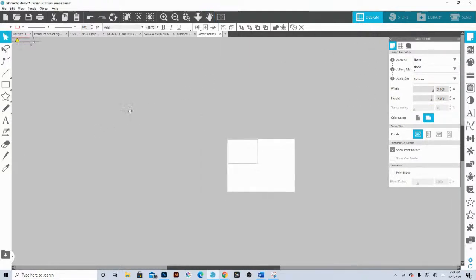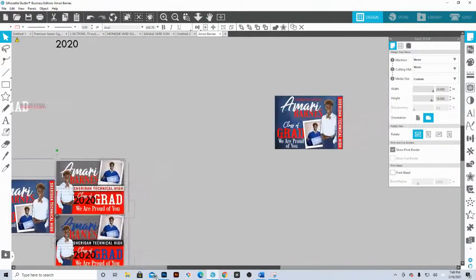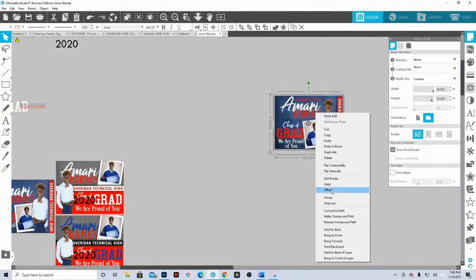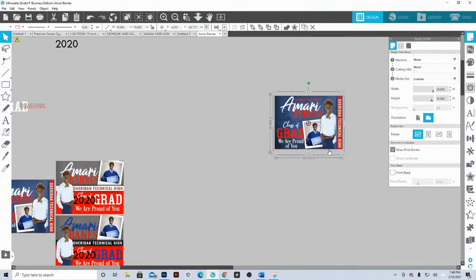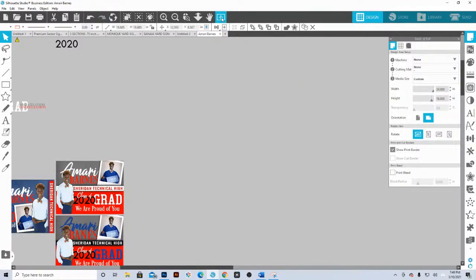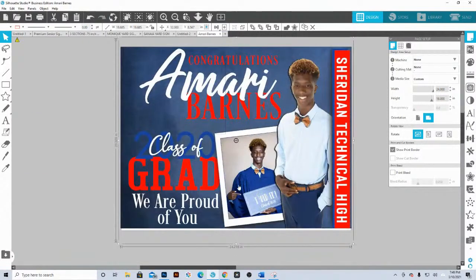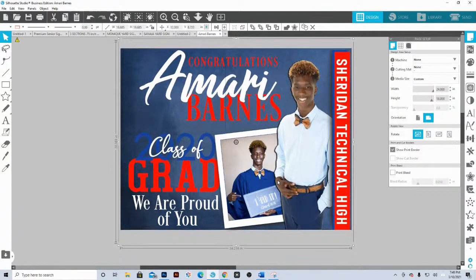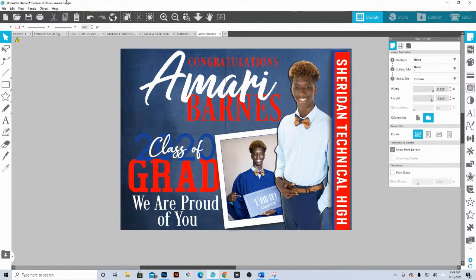So once you have your design already done up, it's going to group this together. And I'm going to go to this icon right here and tell it center to page. And then I'm going to hit here so that it can show it to me centered on the page. I'm going to bring this down just a little. Right now that I have this here,